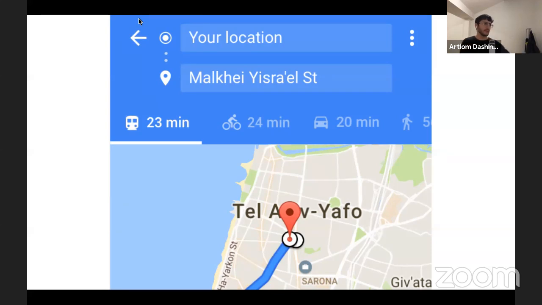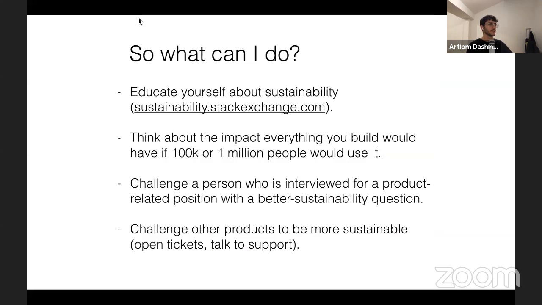So that was my last example, and I'll try to share some ways that you can become more conscious of sustainability and of the effect that your digital products have on it. So I think that the most impactful thing that you can do is to educate yourself about sustainability, right?